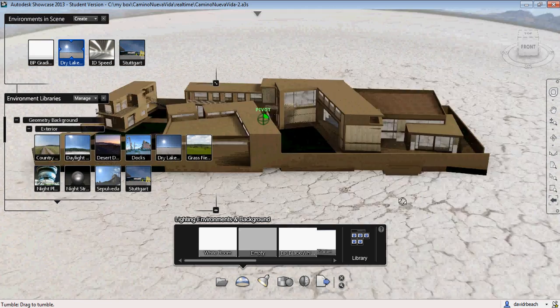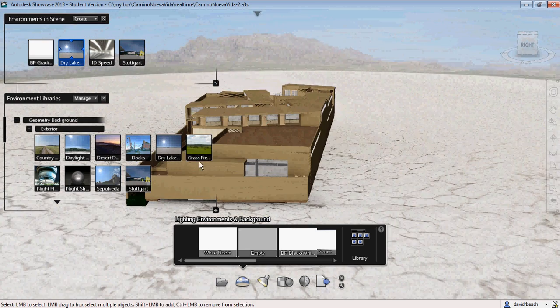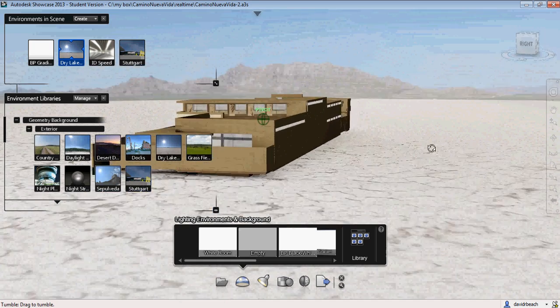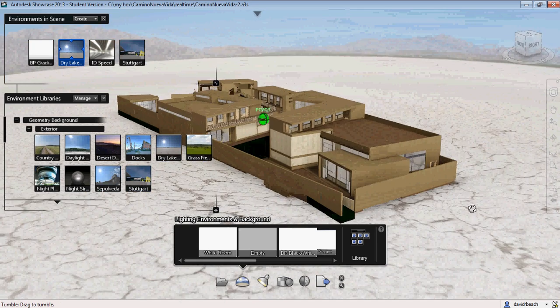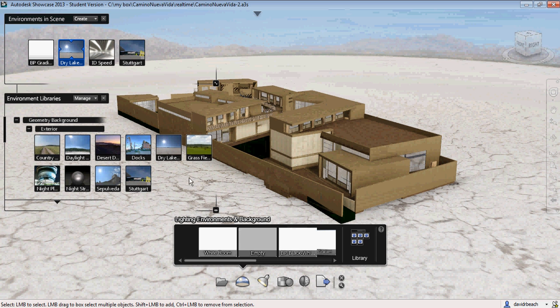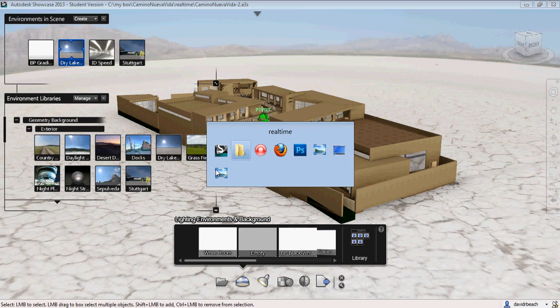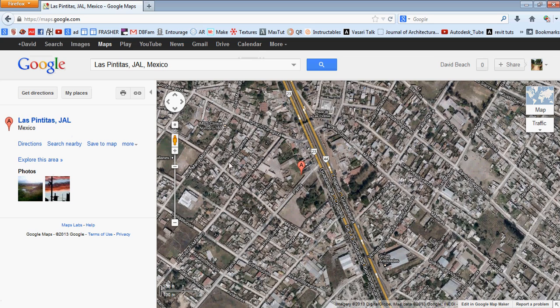So the first thing that I'm going to do is replace this dry lake scenery with scenery from the actual site. And this process is rough. I need to put a lot of refinement in on it, but I think you'll start to see the potential of where this could head. So the Las Pintitas site